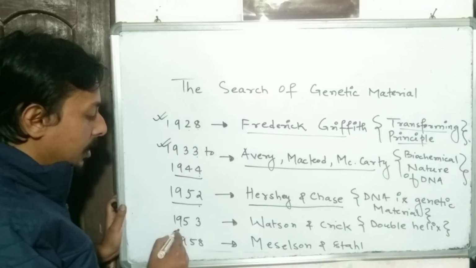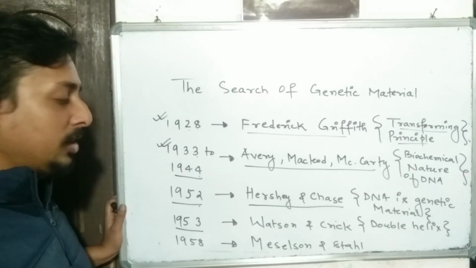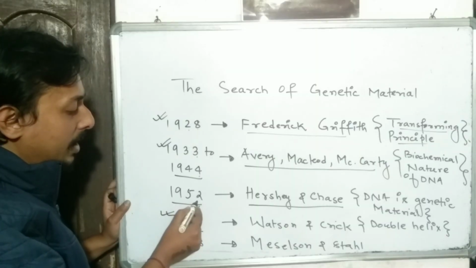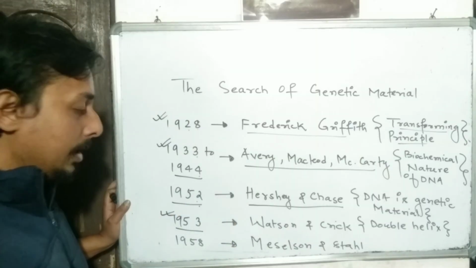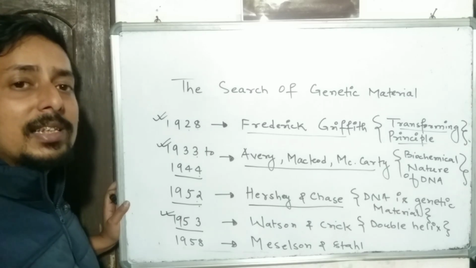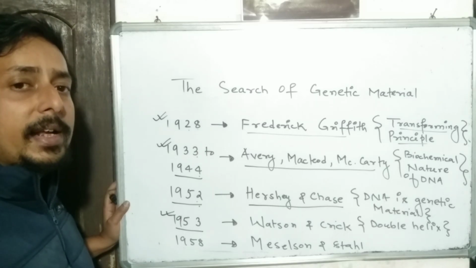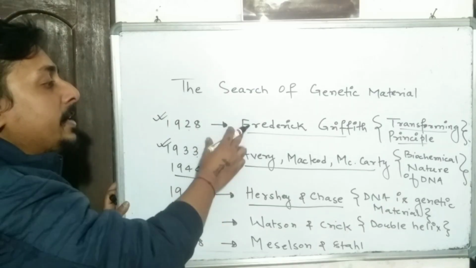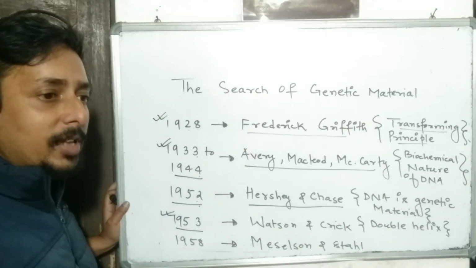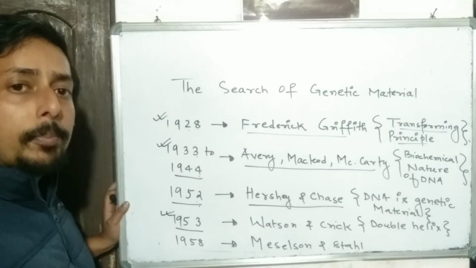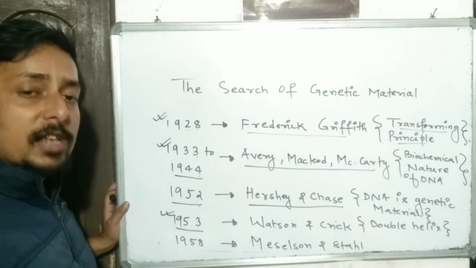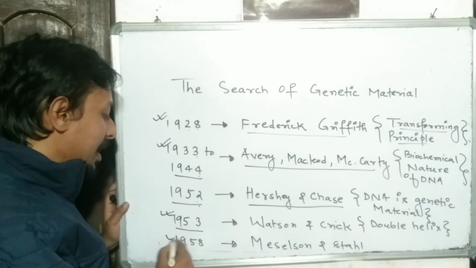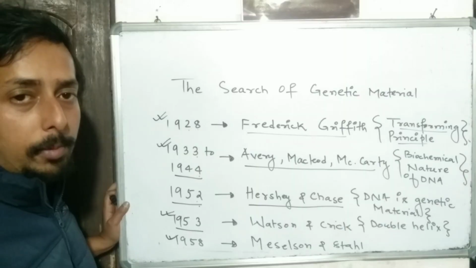Then came the famous double helix structure of DNA given by Watson and Crick in 1953, just 1 year after the Hershey and Chase experiment. Then people knew that DNA is the genetic material. Then they wanted to know how DNA replicates. The genetic material is something that is transferred from the mother to the progeny. When this transfer occurs, the DNA is duplicated; replication of DNA occurs. Now people were more excited to know the mechanism of replication of DNA.